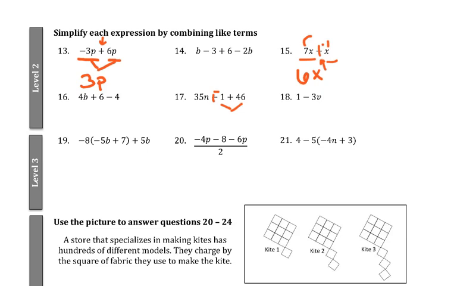Negative 1 plus 46 is going to be 45. I can do math. So we have 35n plus 45 is the simplest form of this expression. Now, you already know this, but addition is something called commutative. And that's kind of a fancy college word, but what that means is that with plus signs, you can always switch the order that things are written. So if by chance on your homework assignment you had 45 plus 35n, I would know that you have the right answer because that plus sign means that you can move things around. Okay, let's go ahead and jump down